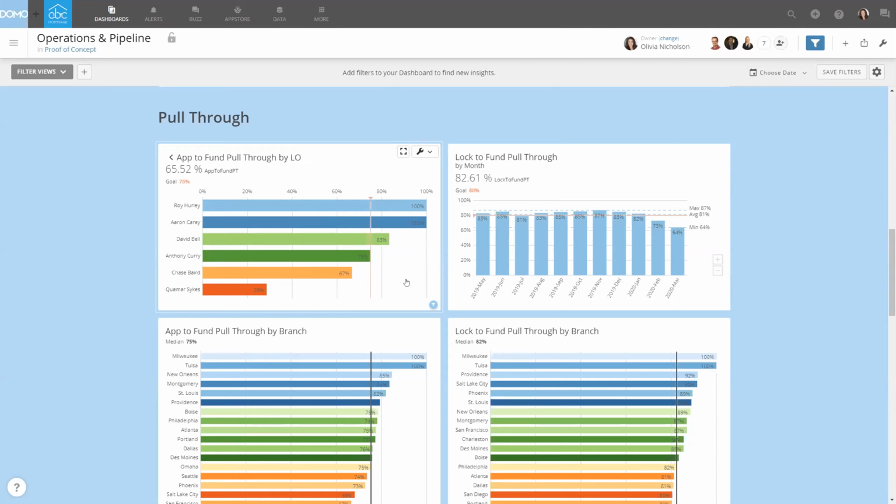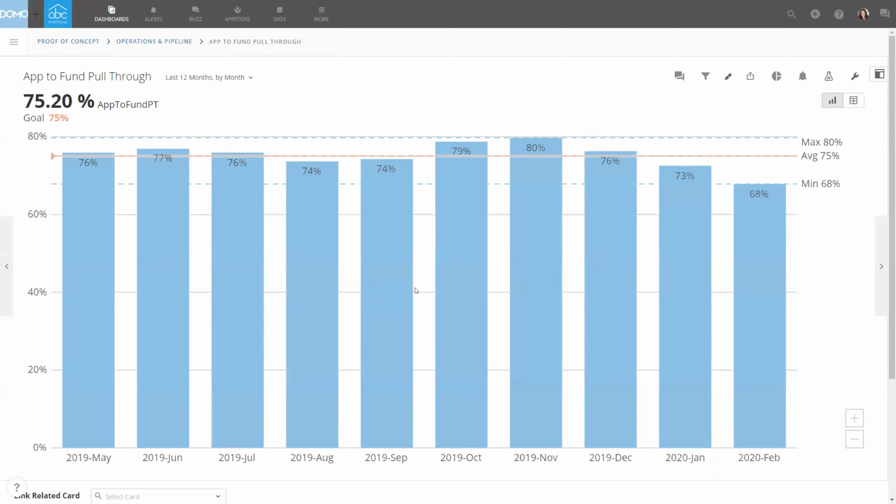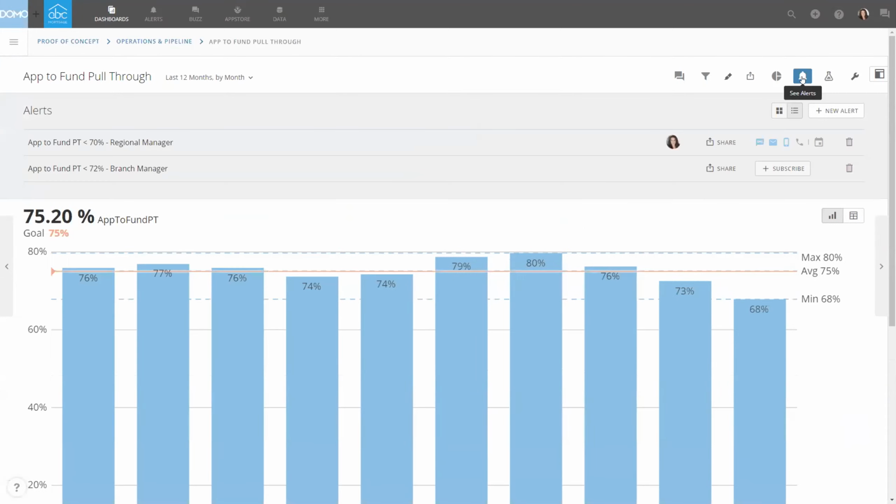So along that same vein of making your life a little easier is the ability to set up automated alerts. So popping back into this card, on any of the KPIs that I walked through or any data really that you bring into the system, you can set up an alert to tell you when that data changes in a certain way. So a really high level example on this pull through, say a regional manager is really trying to get a handle on fallout and needs to know anytime this pull through ratio falls below 70%. So you can actually set up an alert like you see here to tell you as soon as that happens.